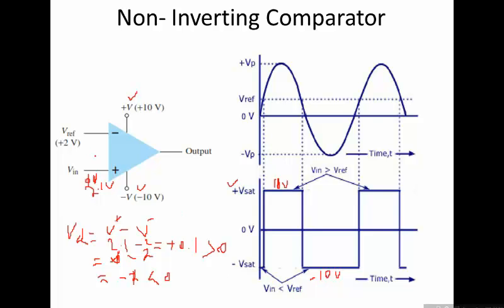So this is the comparator which compares the voltage of this terminal with the other terminal, and whenever the voltage of this terminal is higher, the output goes to high logic level, and whenever the input is below this level, the output goes to negative. So the voltage of this terminal is compared with the voltage of this terminal, and based on this comparison you get the output